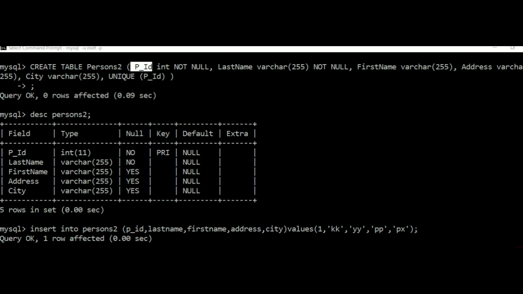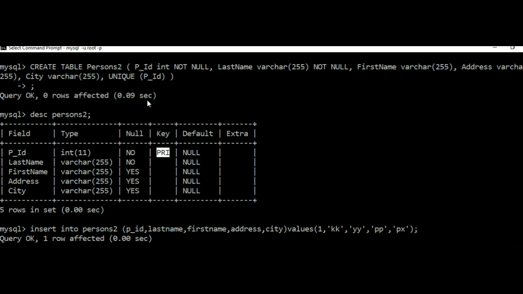If you observe this DESC persons 2 table, you see that PID has been given as not null, so it shows whether it accepts null values: no. Did we apply any primary key constraint here? No. But what did we get under the key column? Something called PRI, which is nothing but primary key. Do remember, a unique key constraint with not null can be considered a primary key constraint. I will be discussing what a primary key is and how to declare a primary key constraint in the forthcoming videos.